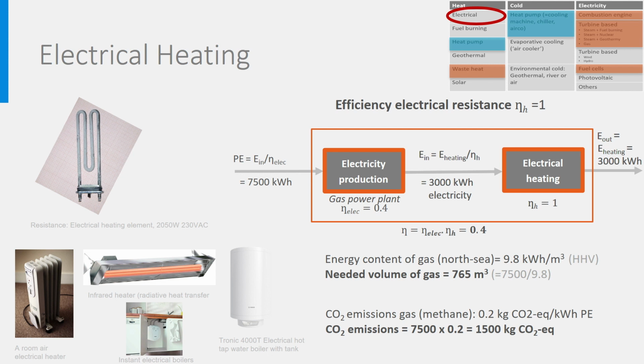However, if the electricity was fully produced by non-combustible renewables like wind, photovoltaics or hydropower, there would be no CO2 emissions. The efficiency could be considered infinite, and we could consider the primary energy to be 0. The CO2 emissions would be 0 as well. So, in the end, the sustainability and environmental quality of electrical heating fully depends on the way electricity is produced.